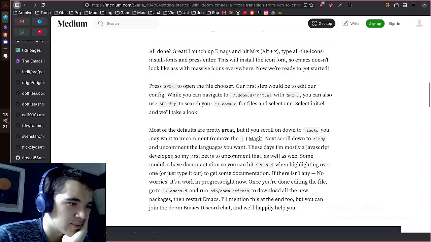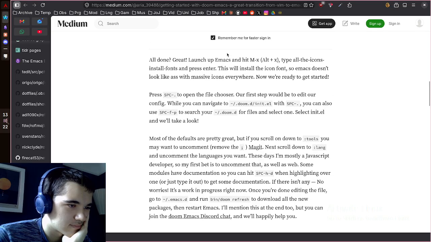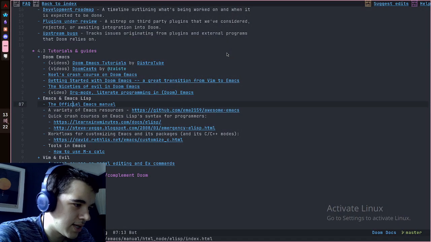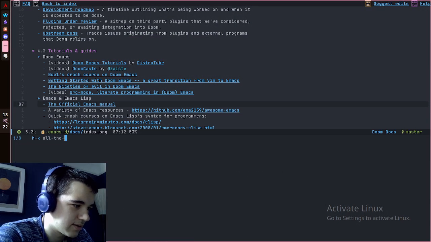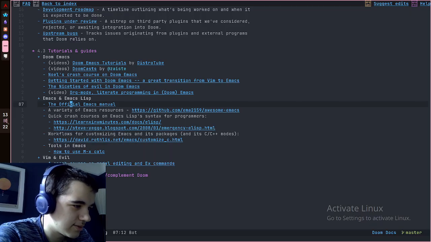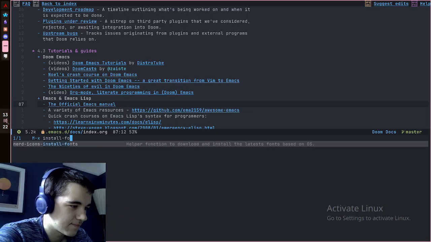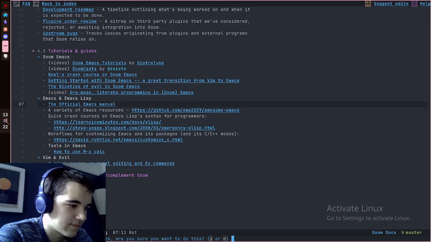So M-x, Alt X, all-the-icons-install-fonts. Was I meant to do that? The thing is, a lot of these will change as well, which is also kind of annoying. All the icons, install fonts. Okay. Yes. Yes. Thing is, I already have the Nerd Font, so I don't know why it's not... Yeah, like it installed it to my device for some reason. But okay, so now